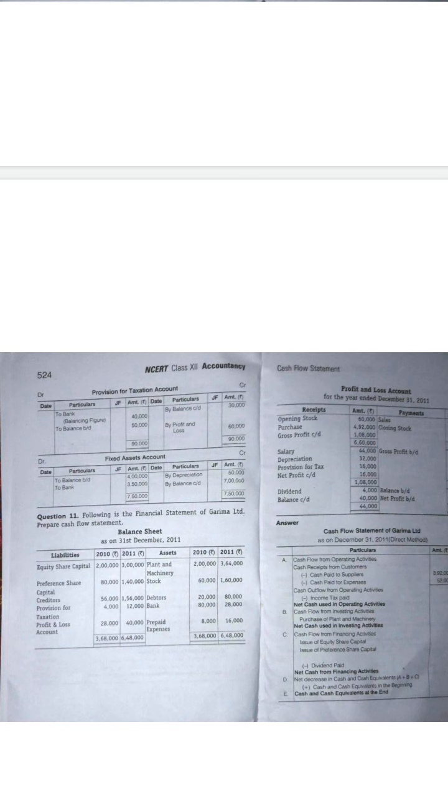Fixed asset account debtor to bank account. This is the journal entry. So what is the meaning of that? That is a new purchase of fixed asset. Only if there is a new purchase of fixed asset will the amount go outside. Understood? Debit what comes in: fixed asset is coming inside, and 3,50,000 is going outside from the bank account. This is the meaning. So there is a new purchase of fixed asset, 3,50,000.